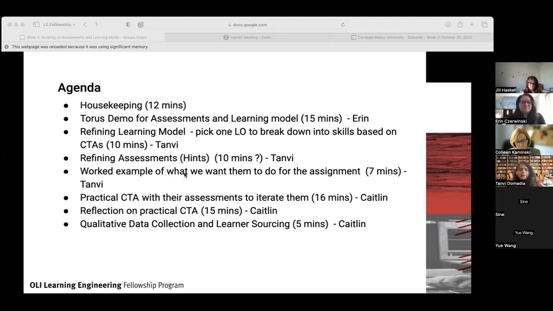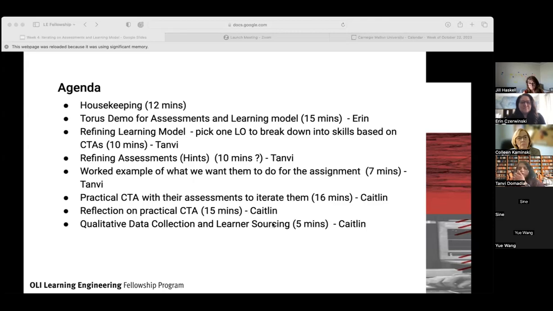And then we'll be going through a practical CTA, where first I'll walk you through the steps of a practical CTA. We'll also be doing a demonstration of a practical CTA and then having you all go into separate breakout rooms to perform the CTA in the context of your project. And then we'll be doing reflections on the CTA.